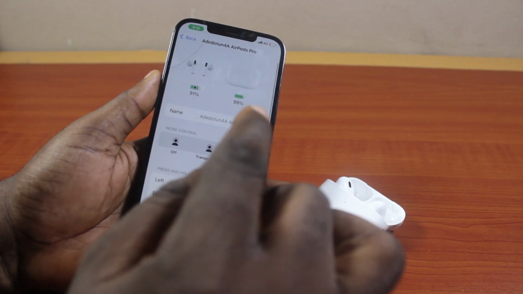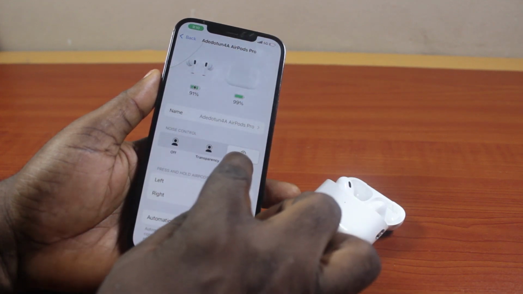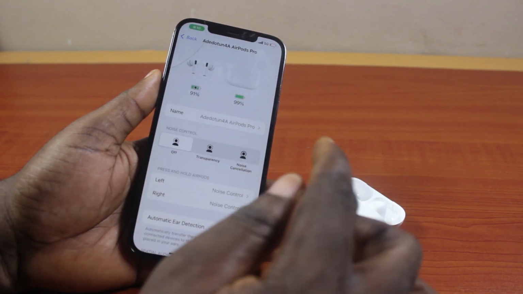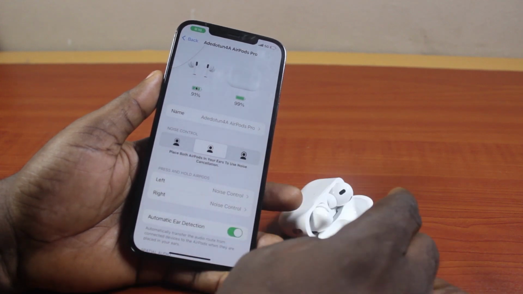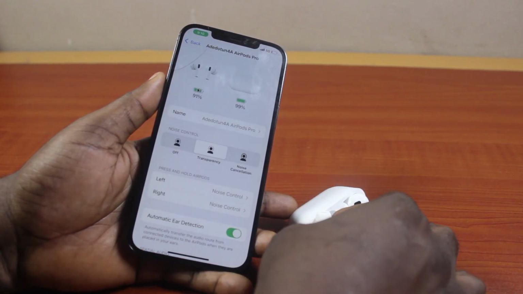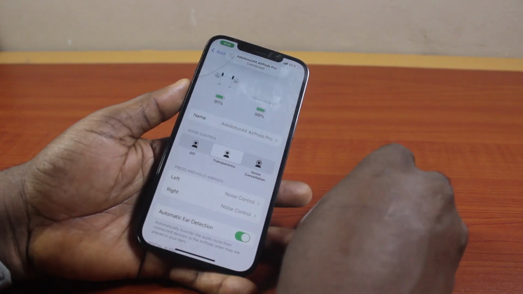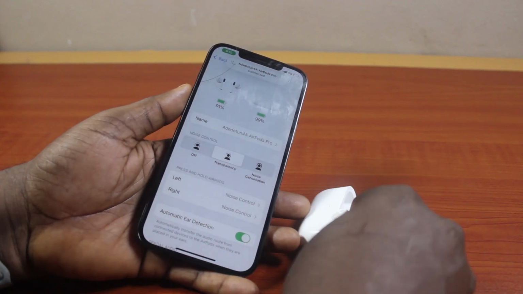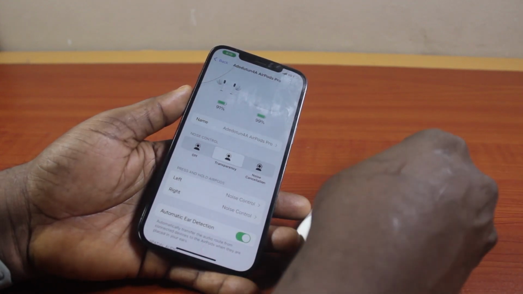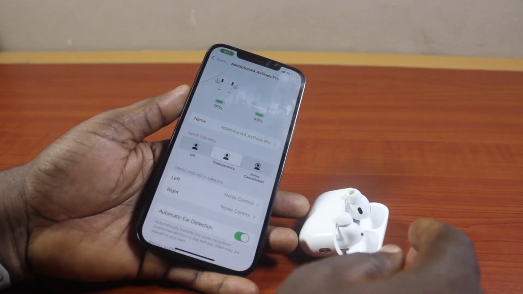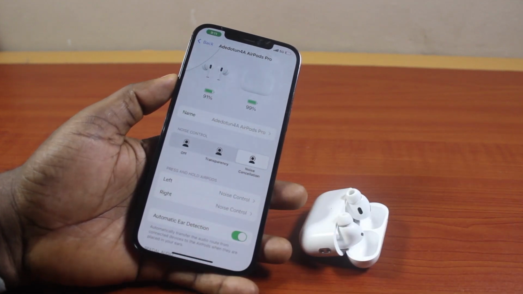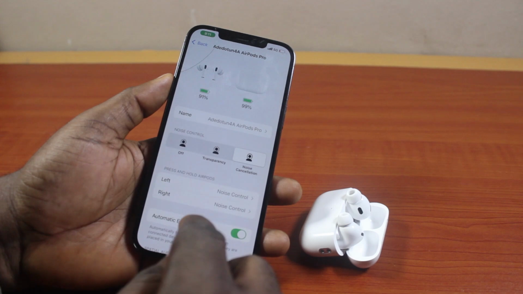Then once you click on that, first, enable noise cancellation. So if you're unable to turn on noise cancellation here, you need to go ahead into the AirPods Pro case and remove both AirPods, so like this, and then interchange them. So put this in right and then put this in the left case like this. Then turn on noise cancellation. That is the first thing you want to do. Then scroll down,